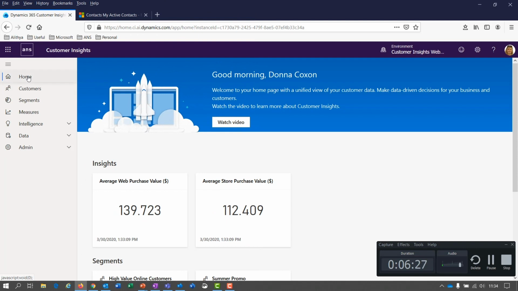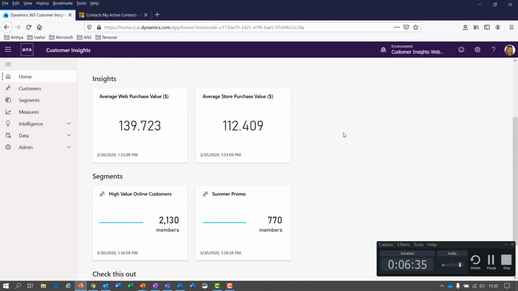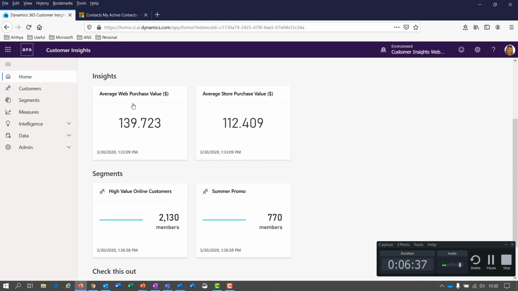Okay, so on the left-hand side, we have our navigation bar where we can navigate between the different areas. On our home page, we can see immediately some insights. So effectively, these are KPIs or business measures that we've created to give us some insights into our customer data. So for example, here we can see the average web purchase value versus the average store purchase value. It also shows us some segments, so I can see that I've got